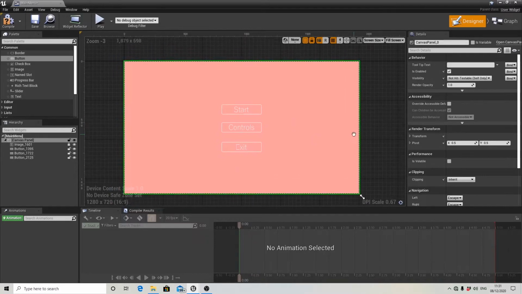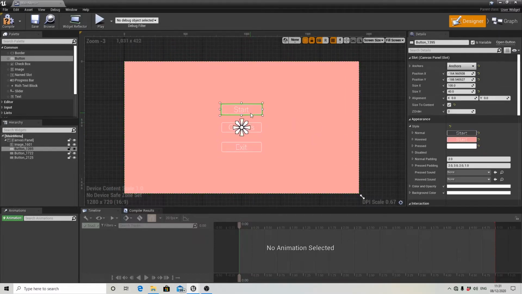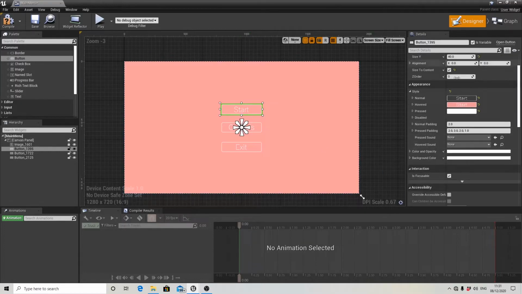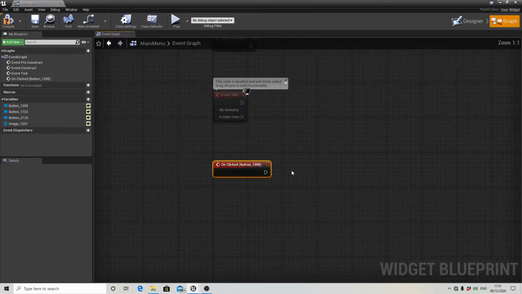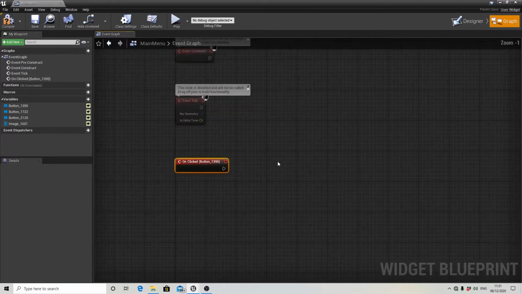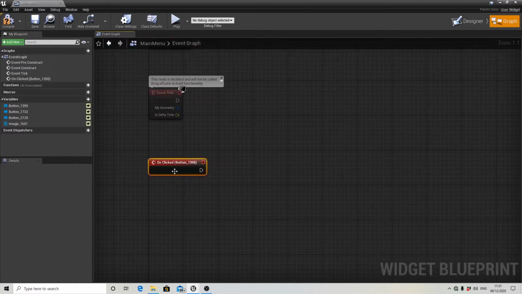So we'll start with start. We select our button, go to your details on the right, and then down to on clicked. So your events on clicked, on when we press this button. So select the plus button. This one's pretty easy. So on clicked,